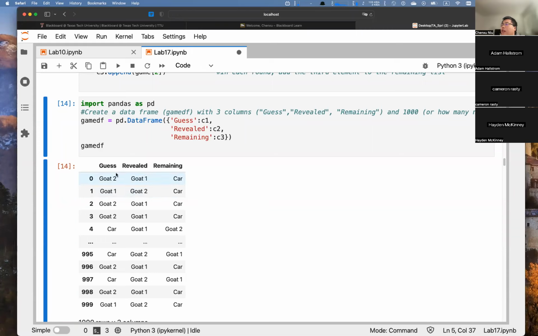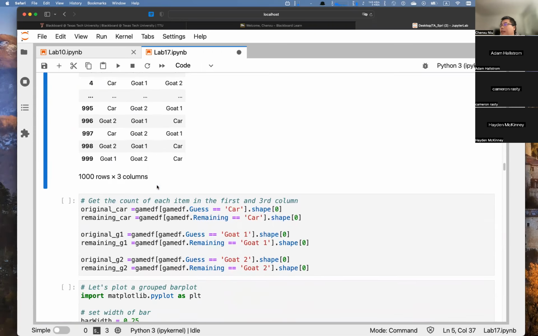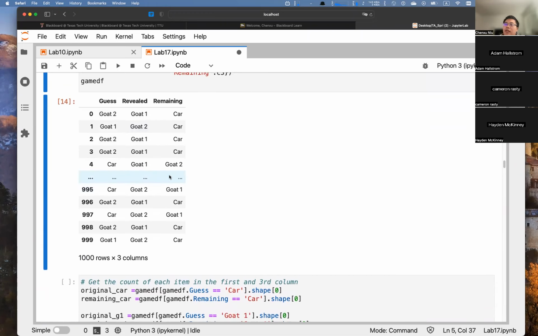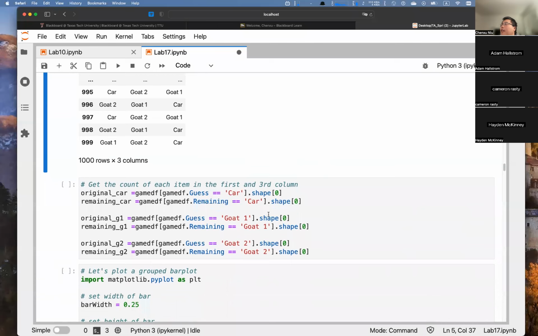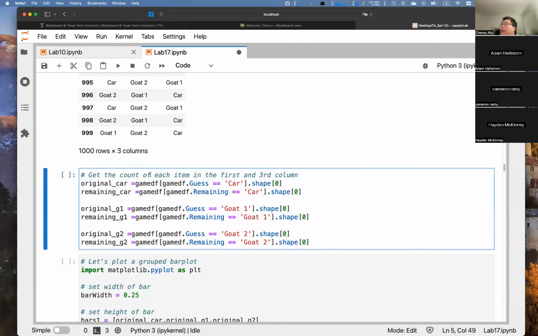But for the first one, guess would be 3 kinds, and I think each of them is about 1/3. Maybe 333 or 334, but it may not be exact, because it's a simulation, it's not very accurate, right? And after that, you can get the count of each item in the first and the third column. So you can use this way to check